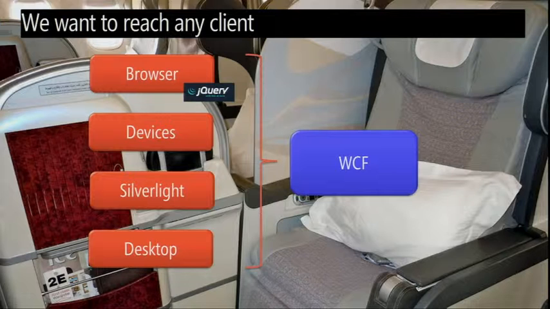So if I'm on a down-level device that has a browser that doesn't even have JavaScript, well, guess what? HTTP gives you verbs, HTTP methods like post and get, and browsers understand those. So it'd be nice if I could just simply have a browser that is talking to a WCF service, and there's no friction in between, right?